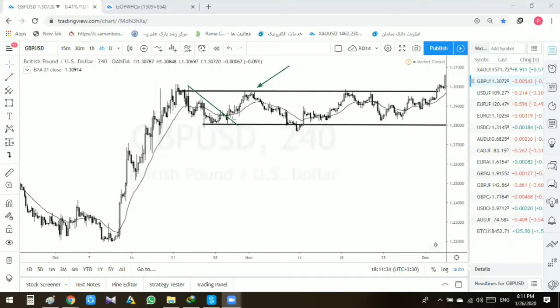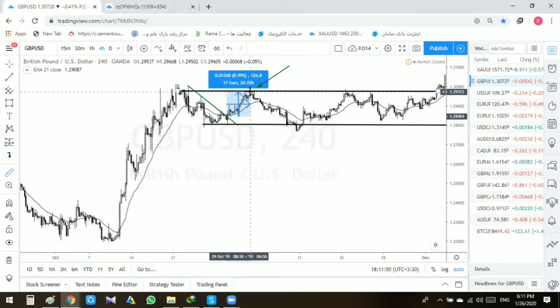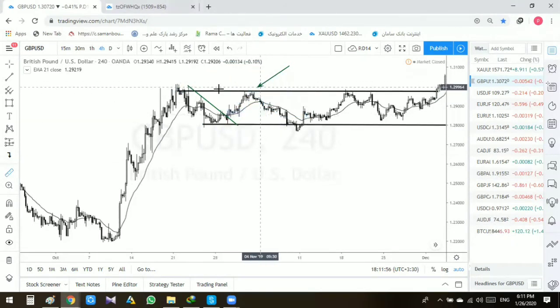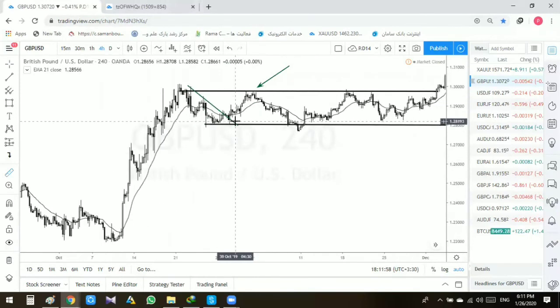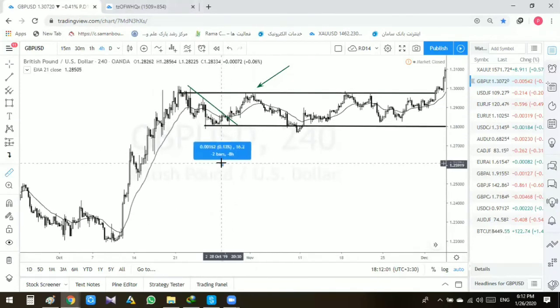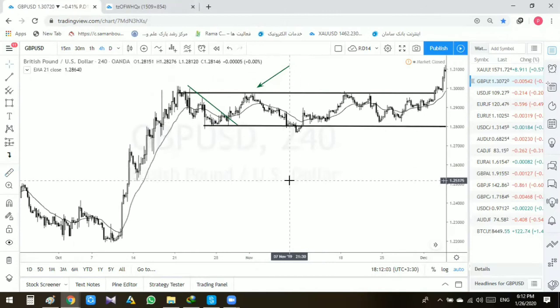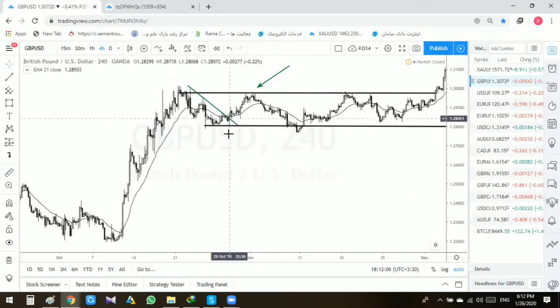Price had a break of this correction line with this white candle. After that, we had this one as our first TP for 126 pips. That was too much, but anyway, this was my first TP. And my second TP, I don't remember, but another zone, a higher zone. Anyway, price had a break, and price came up to my last high level, right here.